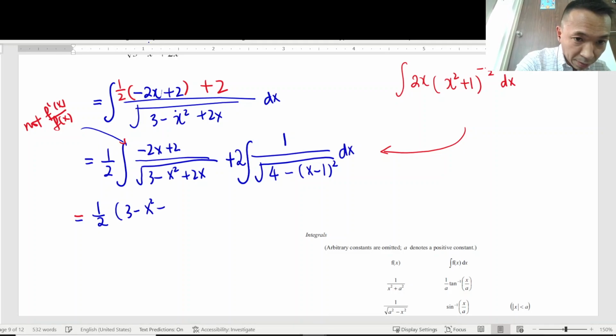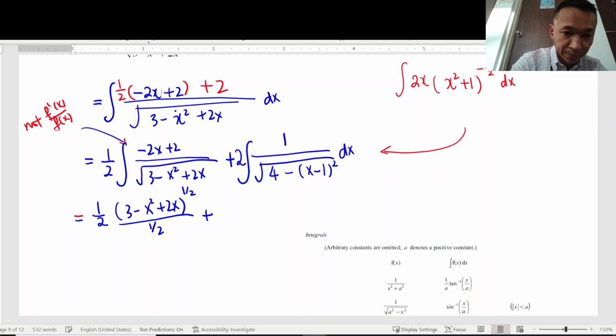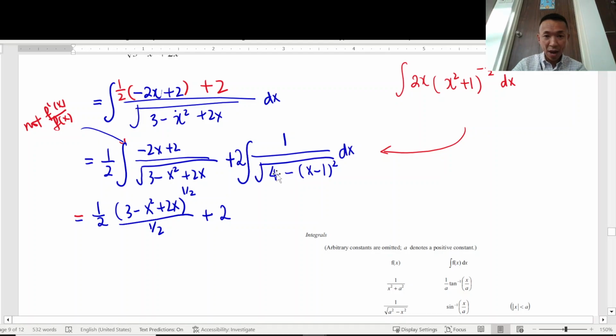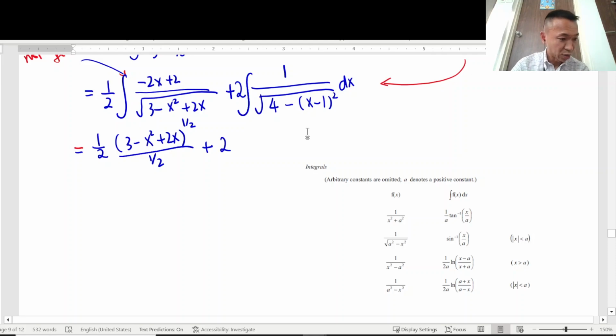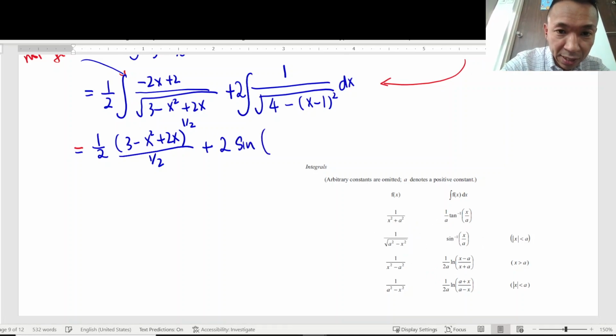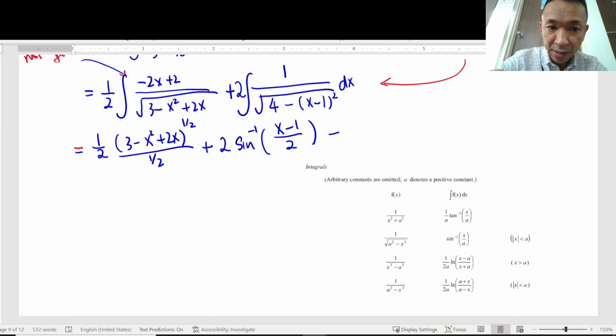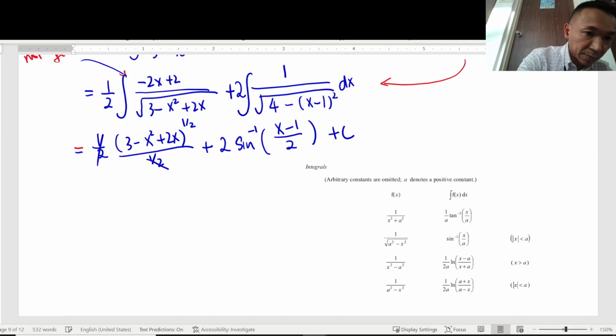3 minus x squared plus 2x to the power of half over half, plus 2. Now, this is a squared minus x squared. Look here, a squared minus x squared, square root, this one. A squared minus x squared. Sine inverse x over a. So therefore, it is sine inverse x over a plus c. This half goes. Final answer,